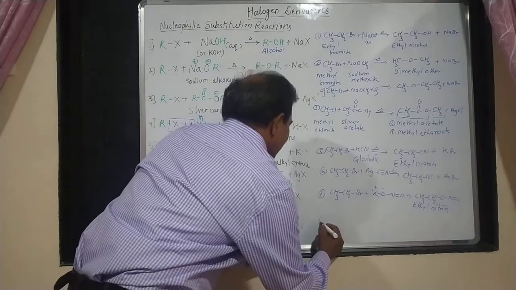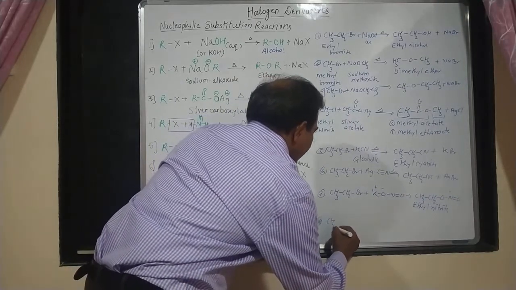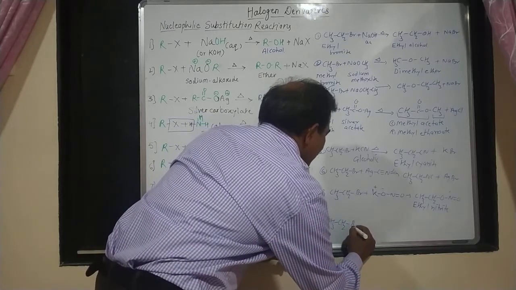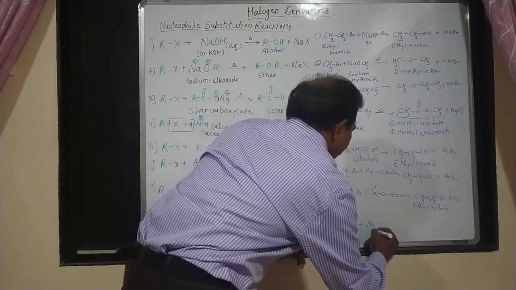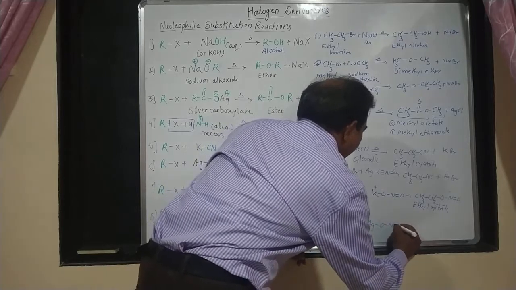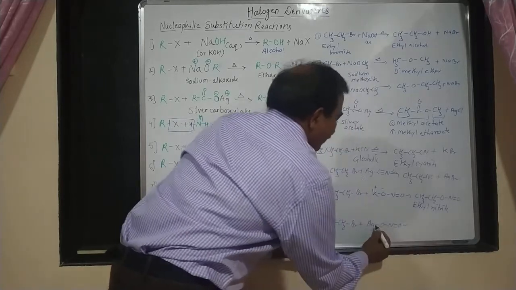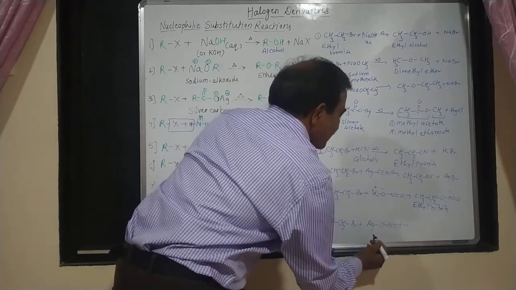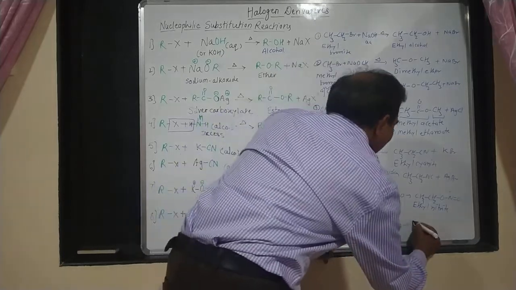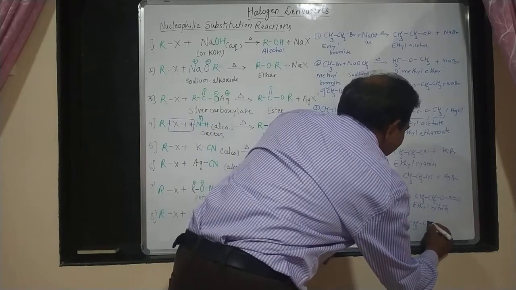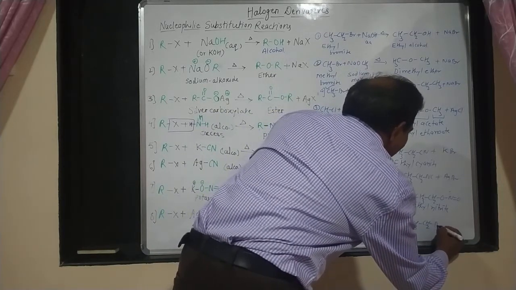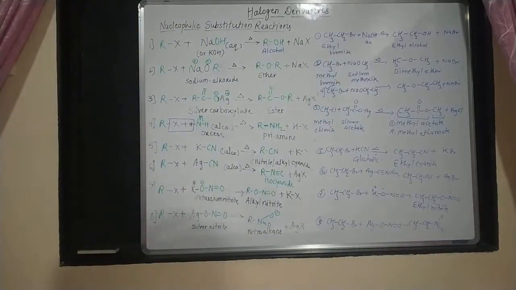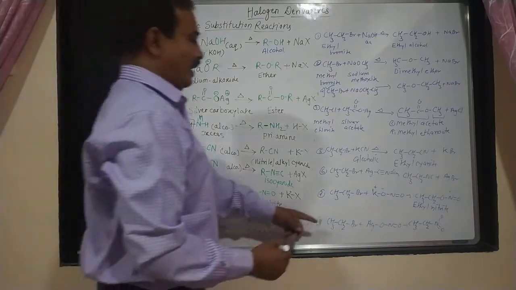Okay. And in the last example, suppose CH3CH2Br plus AgNO2. Again the bonding is covalent. So nitrogen will use its pair of electrons to react with the ethyl group, giving CH3CH2-N double bond O. Like this, nitroalkane will be obtained.